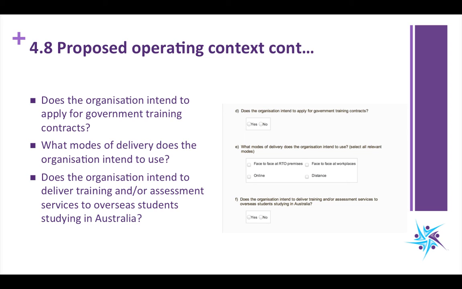What modes of delivery does the organisation intend to use? So on the ASQAnet application, it includes face-to-face at the RTO premises, face-to-face at workplaces, online and distance. For an initial registration, we recommend that you do not do online. I've had experience with RTOs that wish to put online application as part of their initial registration, and what happened was we had an online expert auditor come to the audit, and then they expected all of this online content to be in place. Unless you have everything you need to deliver online, and that's not download, click and flick,